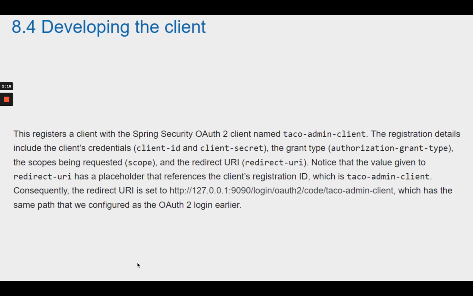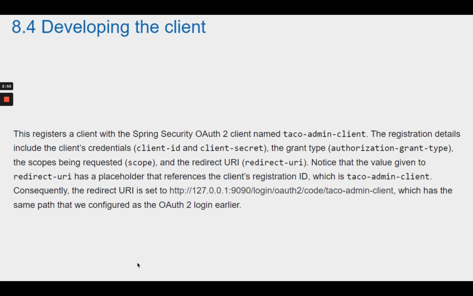The registration details include the client's credentials, client-id and client-secret, the grant type, authorization-grant-type, the scopes being requested, scope, and the redirect URI, redirect-uri. Notice that the value given to redirect-uri has a placeholder that references the client's registration ID, which is taco-admin-client. Consequently, the redirect URI is set to this link, which has the same path that we configured as the